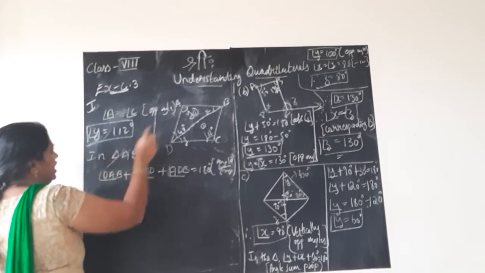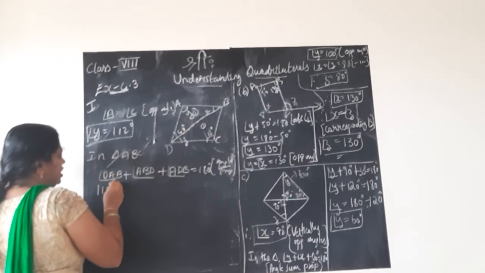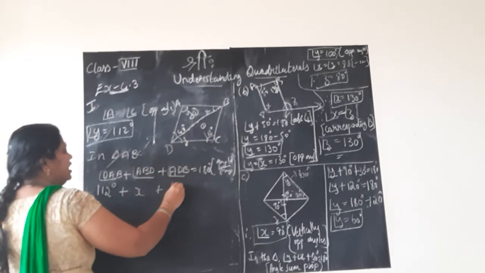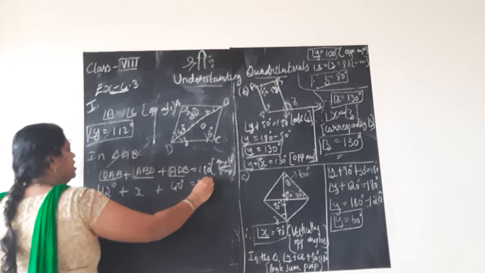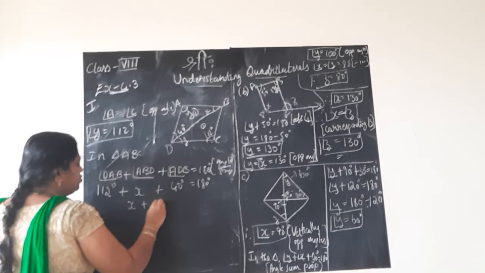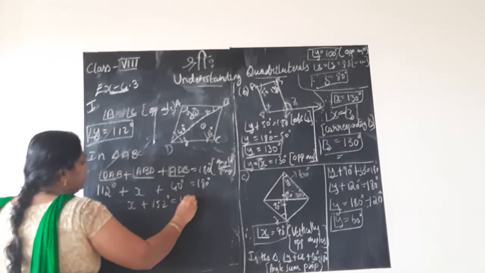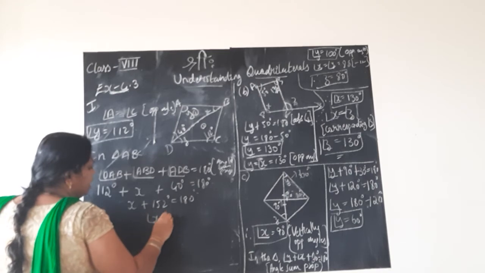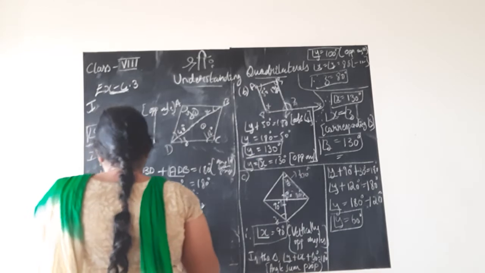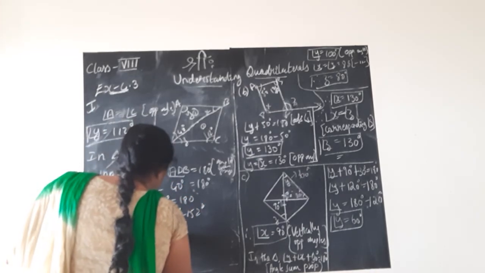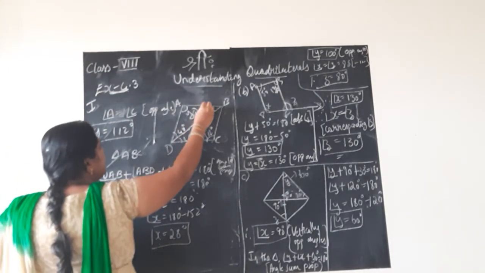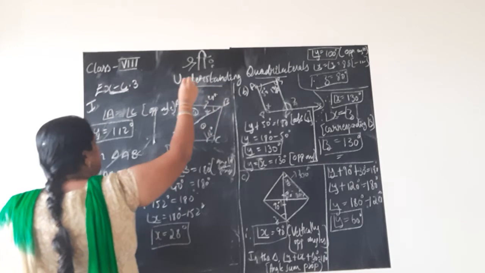So I know what is A, that is Y. Just now I found it out, 112 degree, plus B we don't know. X I will keep as it is, plus D they have only given us as 40 degree, is equal to 180 degree. So angle X plus 112 plus 40, it is 152 degrees equal to 180 degree. Therefore angle X is 180 degree minus 152 degree. If you do, angle X is 28 degree, you will get, hence we find out angle X as 28 degree, children.